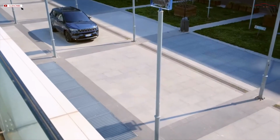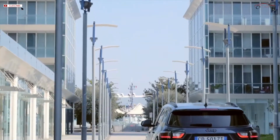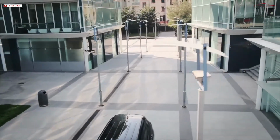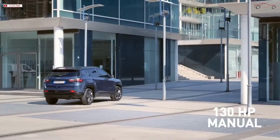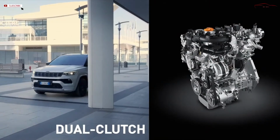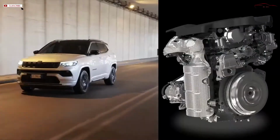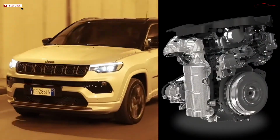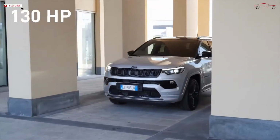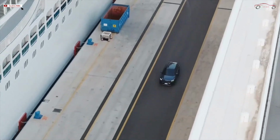Urban use can go for the 4x2 models with new Euro 6D final compliant petrol engines from the GSE family. 130 horsepower with manual transmission and 150 horsepower with dual clutch automatic transmission. Those looking for an affordable option for long journeys or for business use can opt for the new Euro 6D final compliant diesel multi-jet. 130 horsepower, higher than the previous model, with consumption 10% lower and 11 grams less CO2 per kilometer